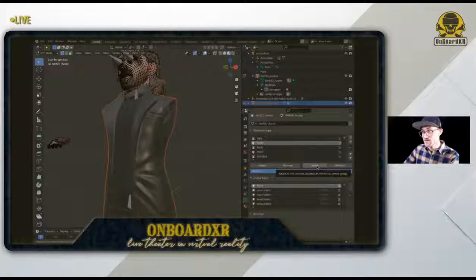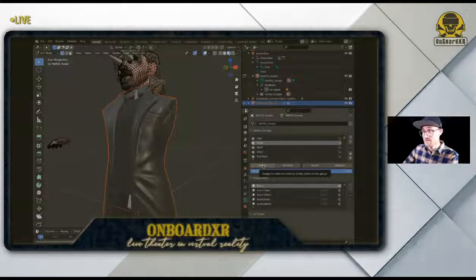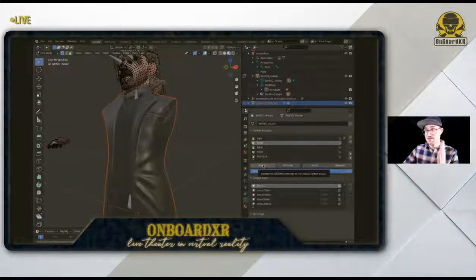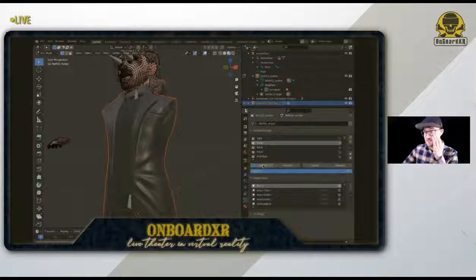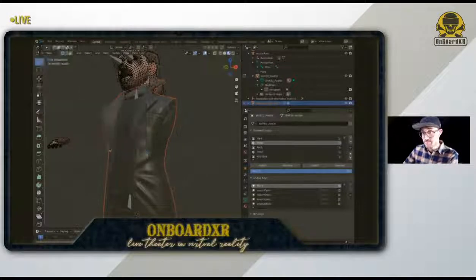Select all the vertices assigned to the active vertex group. Assign the selected vertices to an active vertex group. So I'm assigning that mesh to the spine. Now when I export, if that worked,